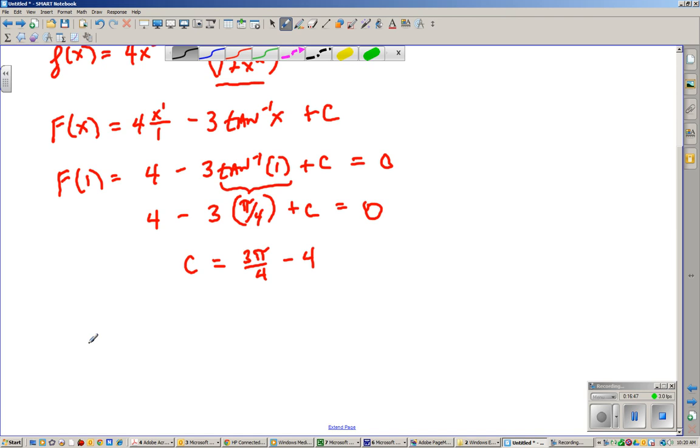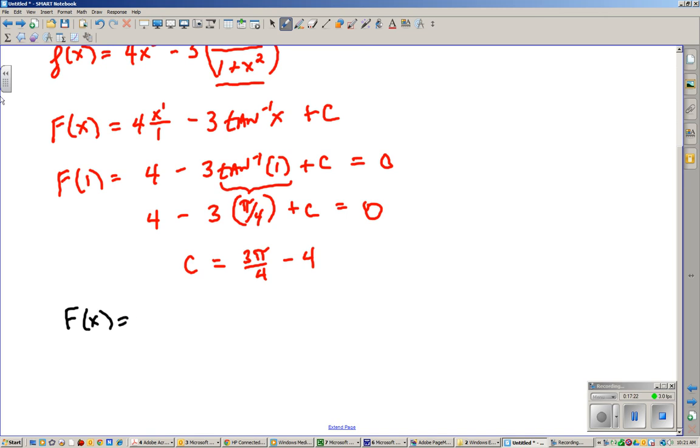It can be written this way: f of x, the antiderivative is 4 minus 3/4 pi, or 3 pi over 4. I'll write it that way. I just screwed up. Let me take that away. I'm particularizing it, and I'm supposed to be generalizing the antiderivative. So starting again, f of x